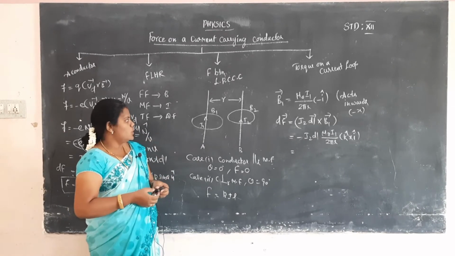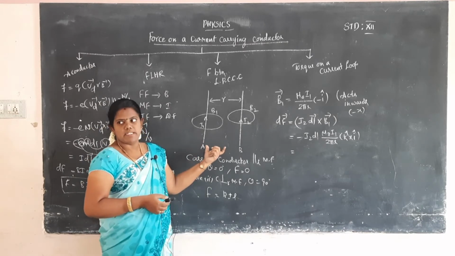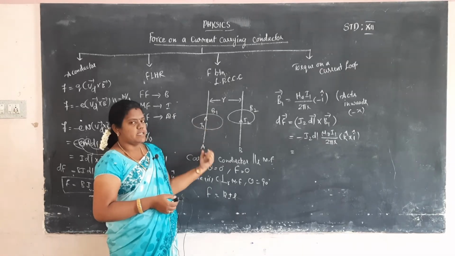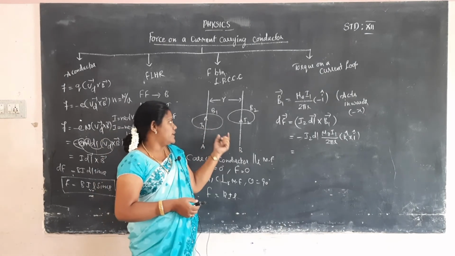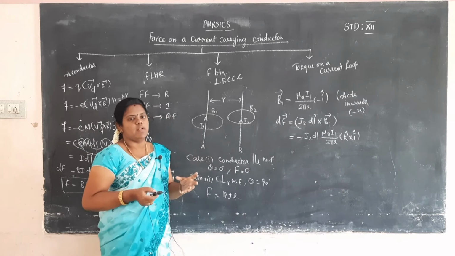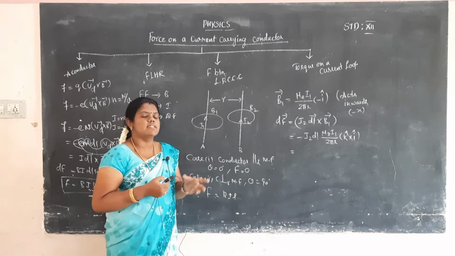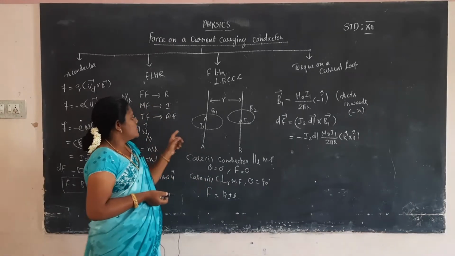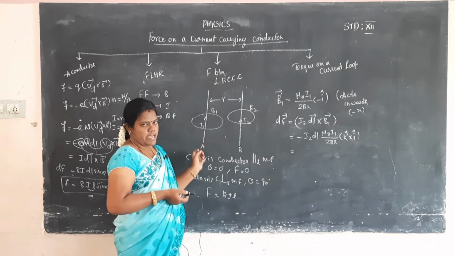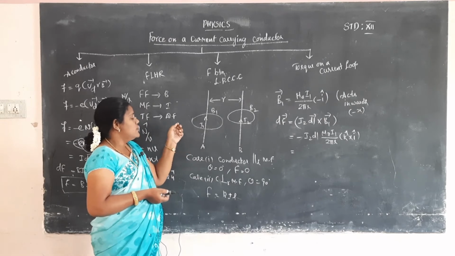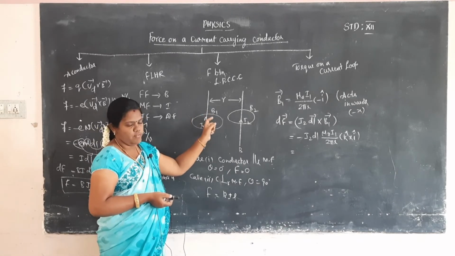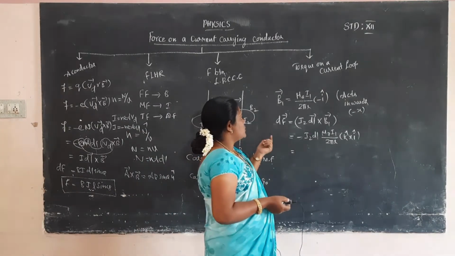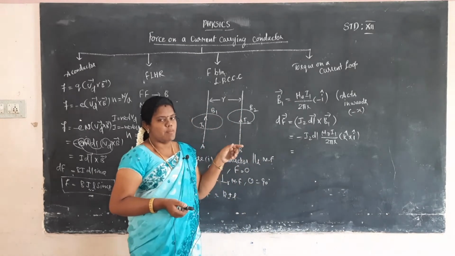The two conductors are separated at a distance such that the magnetic field created by one conductor overlaps with the field at the second conductor, because the force arises between the two long parallel current carrying conductors. First the current I1 flows on conductor A, and we will calculate the B1 magnetic field. In the previous session we already derived the long straight conductor formula.